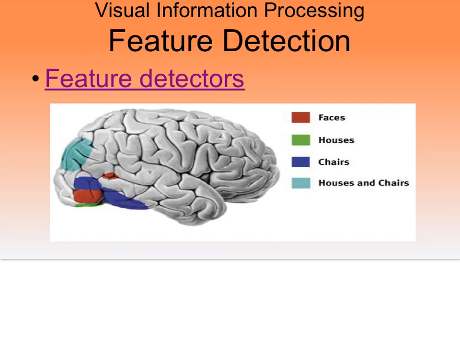But we have areas, and it's quite fascinating, in the brain that specialize in houses. And prosopagnosia patients can, in fact, process houses. They can see a house and differentiate one from another. They just can't do the face recognition. And the reason I brought this up is because this is another example of how specialized these cells can be. When we look at a face, when we see somebody, even if we're familiar with that person or not, we're processing the eyes, the mouth, a particular shape of mouth, eyes, everything,